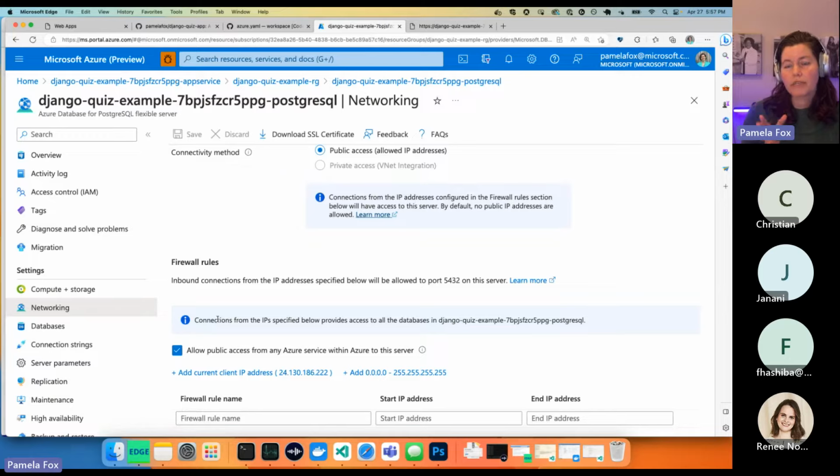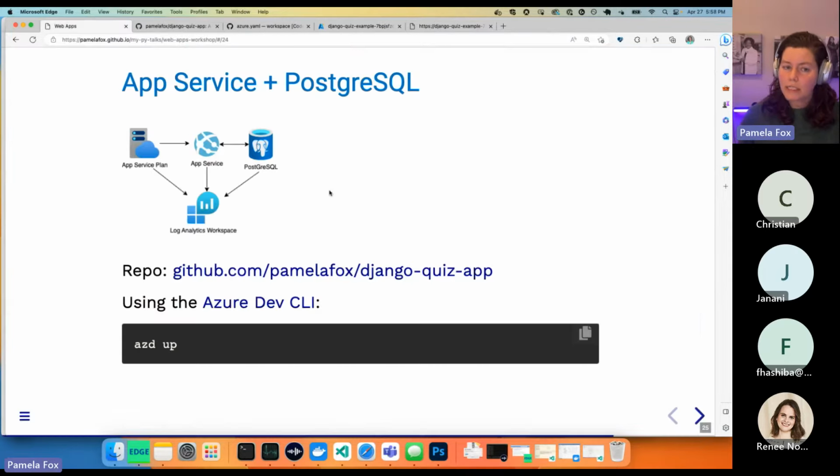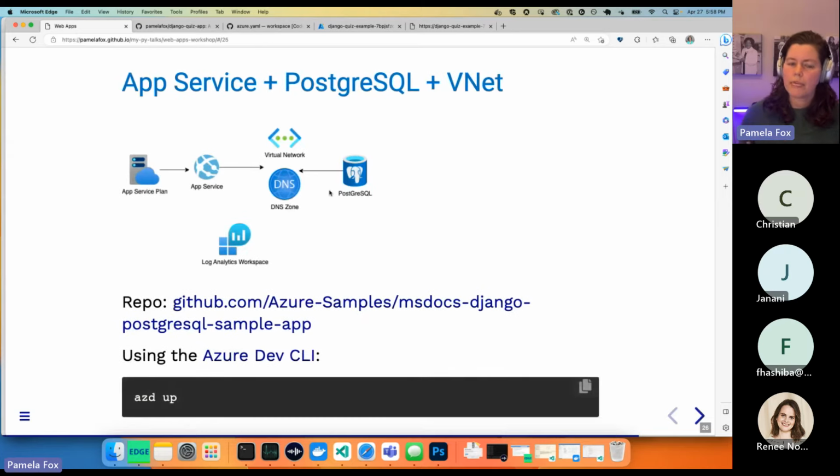This is not the most secure method. The most secure thing is to use a virtual network so that the only thing that can connect to your server is your app service. So that is the recommended approach. It does cost a little bit more and does require making a few more resources. So not everyone does it, depending on if your app actually has secure data in it. Most data is, but you never know. Maybe it's just like a dog spotting app.